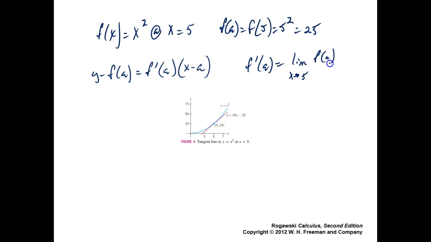You got it. And what was your f of x? f of x is x squared. And can you take that limit for me? Yes. What is it? 25. We've got all the pieces we need now. y minus f of a, 25, is equal to